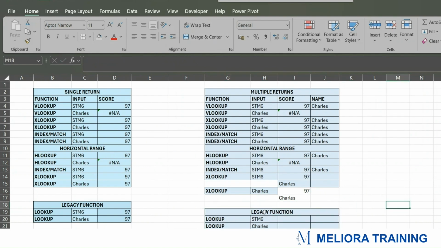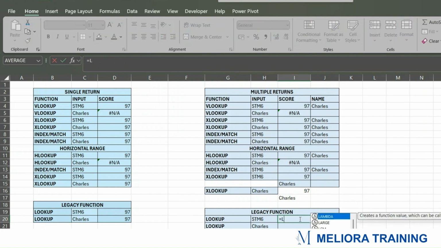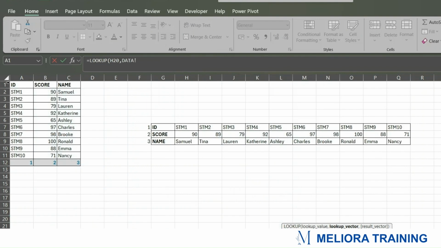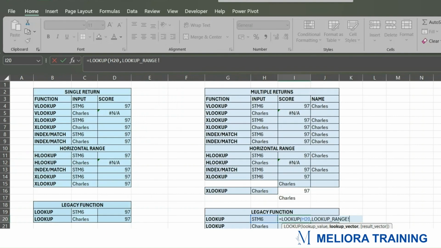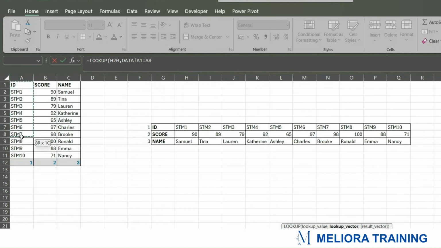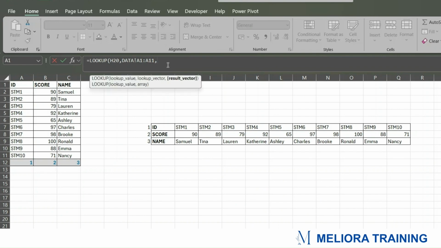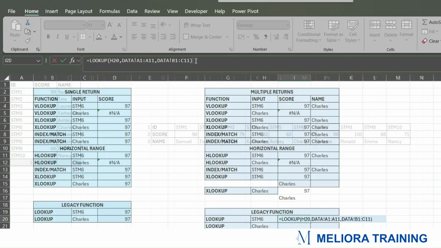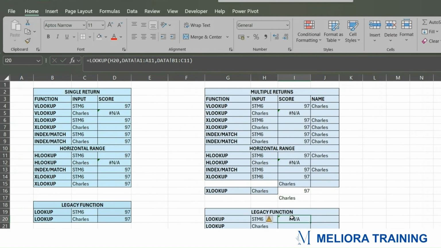So now the legacy function. So let's go LOOKUP, lookup value, lookup vector. We're going to be using this table. So the lookup value here is the ID, so the lookup vector is going to be here. The results vector is supposed to be these two, right? So let's do that. And we have an error